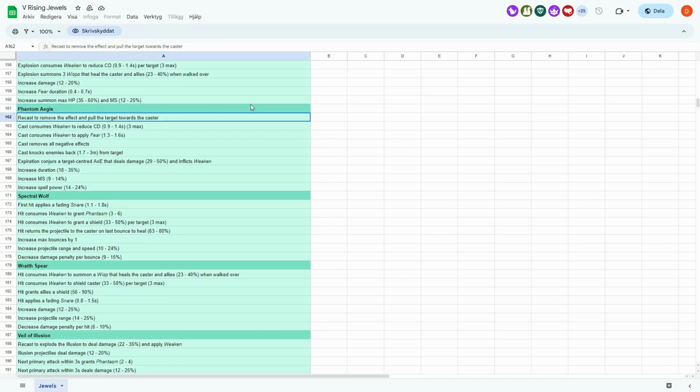Phantom Aegis, pretty good spell. Recast to remove the effect and pull the target toward the caster. I have never seen anyone use this. I don't think it's very good. I wouldn't. Cast consumes weaken to reduce cooldown. Cooldown is good on defensive spells,